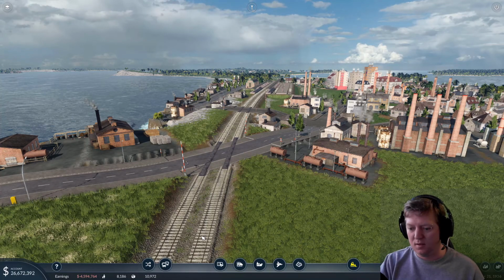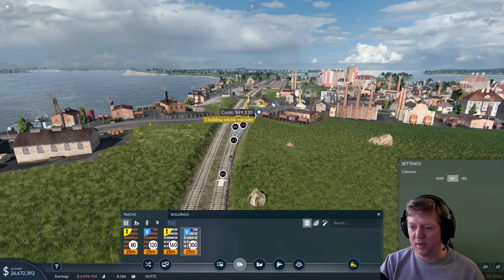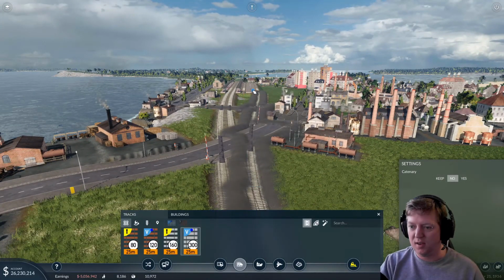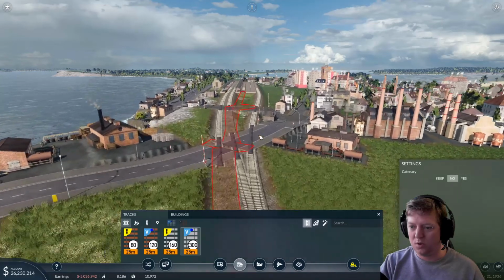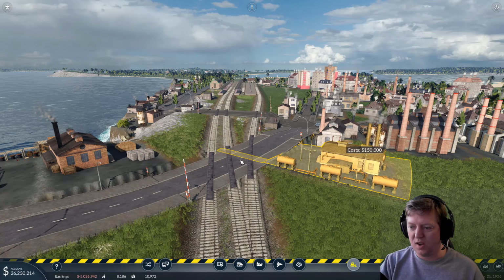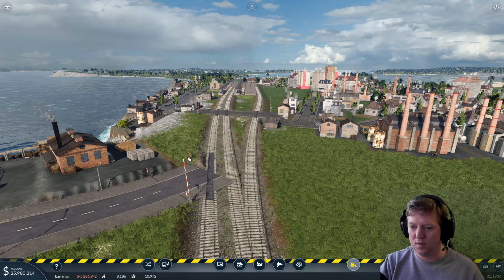Right. Now comes the fun part. Building track onto that. Right. So you can just basically shoot out to there. Will you shoot out to there in an audible fashion? You will not do what I want you to do because of drama. You can go. And then you can go. And then you can go. And then...